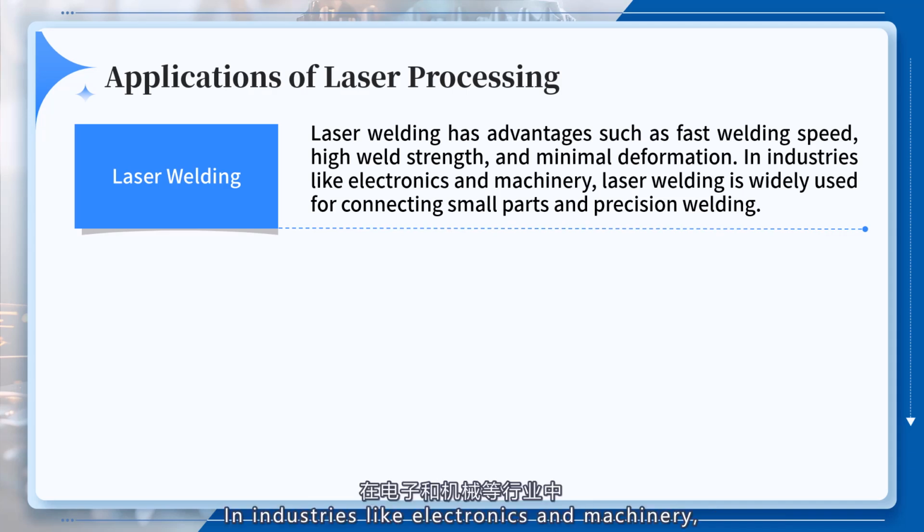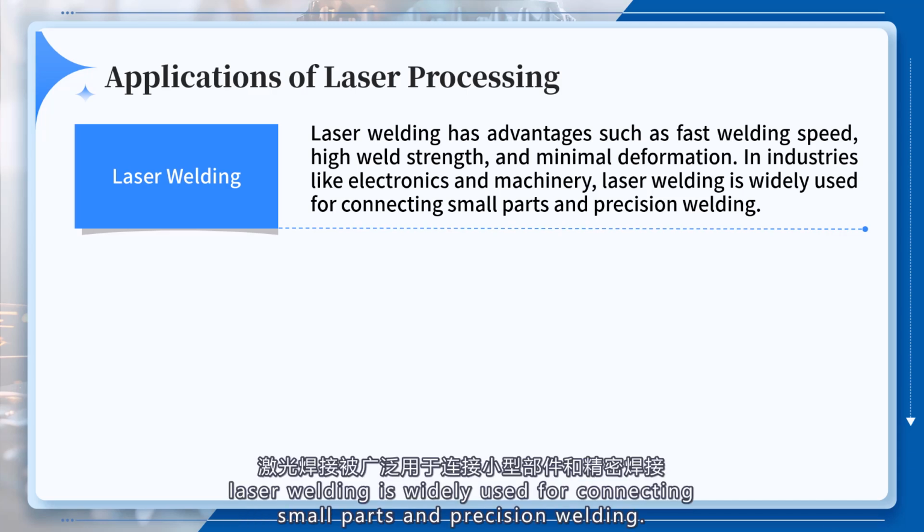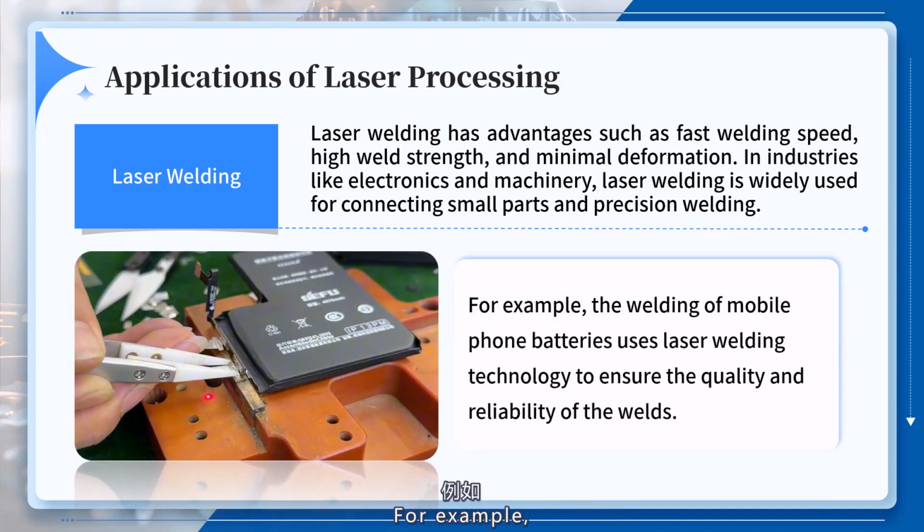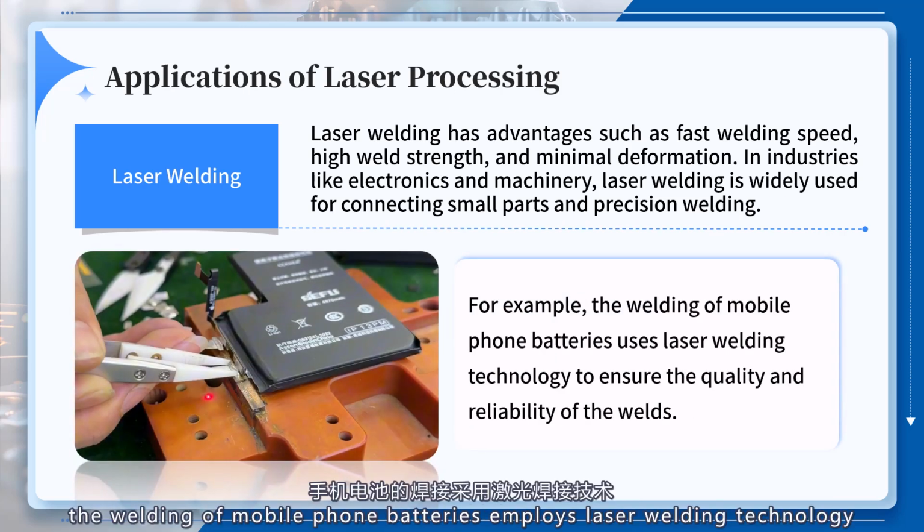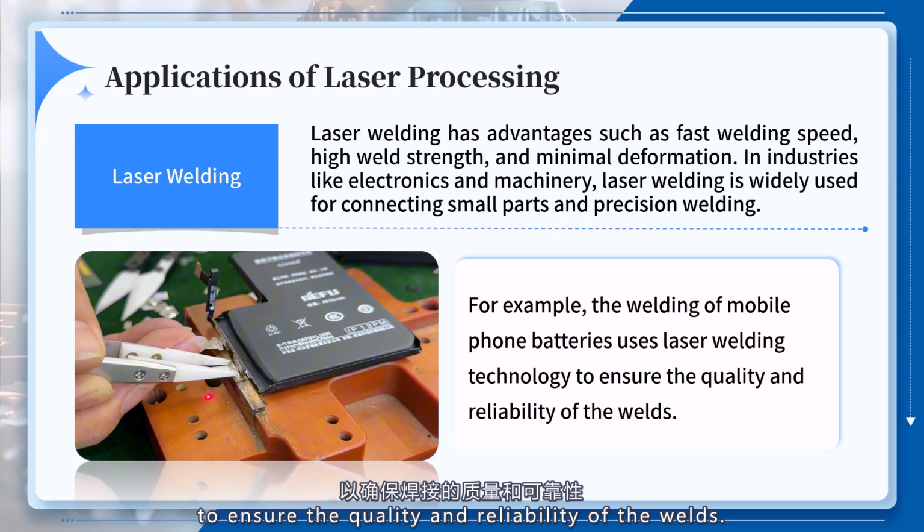In industries like electronics and machinery, laser welding is widely used for connecting small parts and precision welding. For example, the welding of mobile phone batteries employs laser welding technology to ensure the quality and reliability of the